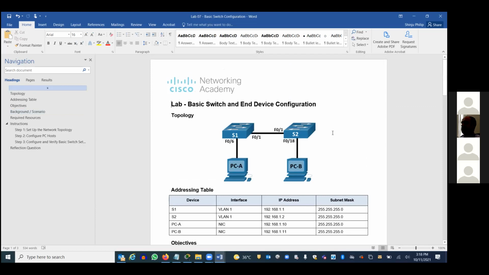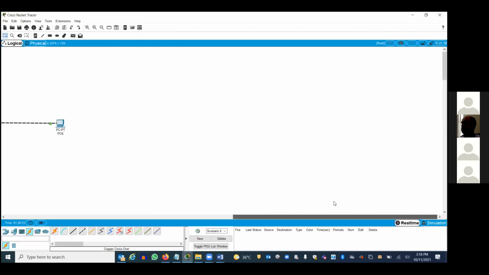We have a basic switch, right? We have learned peer-to-peer, correct? In the previous lab, there was no switch, but I added a switch for your understanding. So in this lab, we are going to have a switch and the PC, correct? Let's build another network. So what do you need here? Switch, right? Let's take a switch here. Let's take another switch. Okay. Let's take PCs. Let's take one PC here. Let's take another PC.